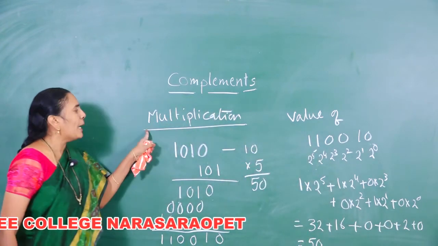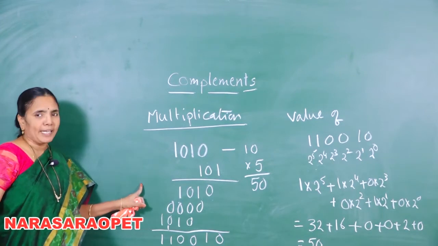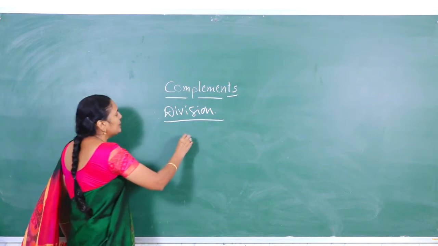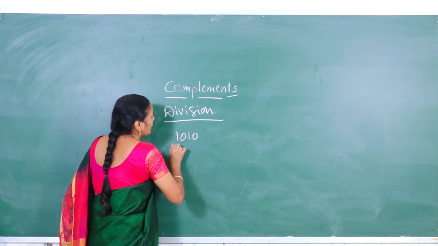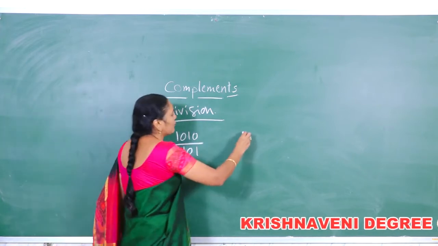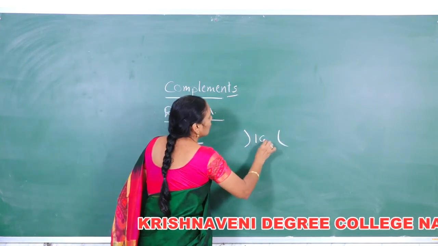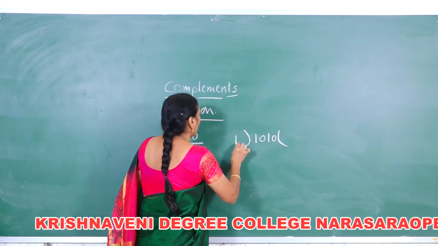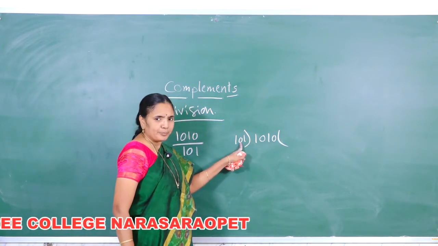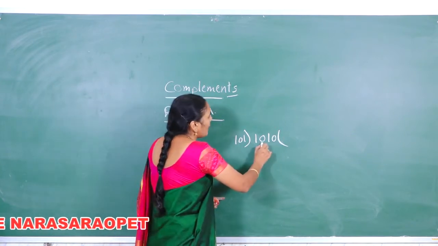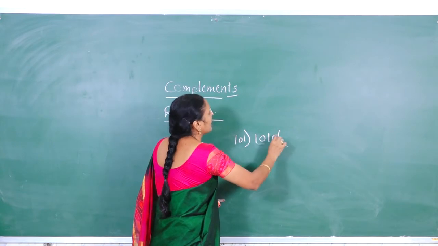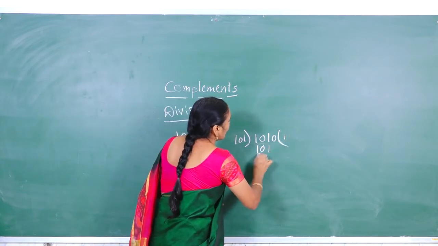This is the multiplication of the binary number. Now, let us try to divide 1010 divided by 101. Let us try to see how we will do the division operation 1010 and 101. So, 101 will not go in the first 2 digits, we have to take the first 3 digits. 101 is 1.